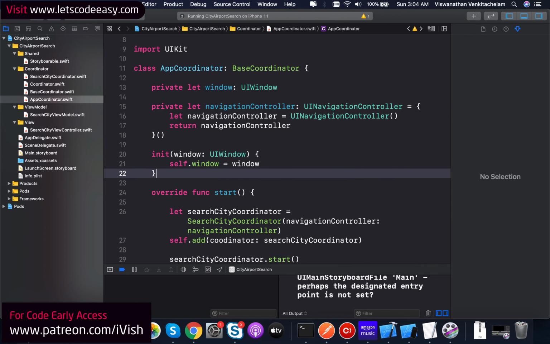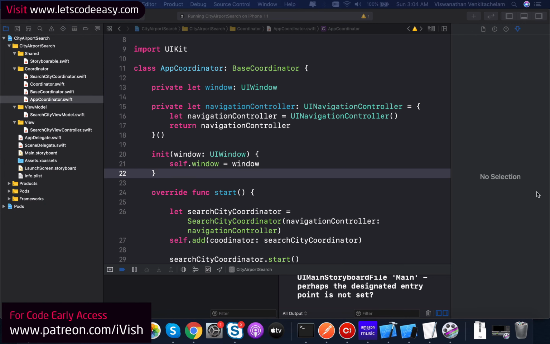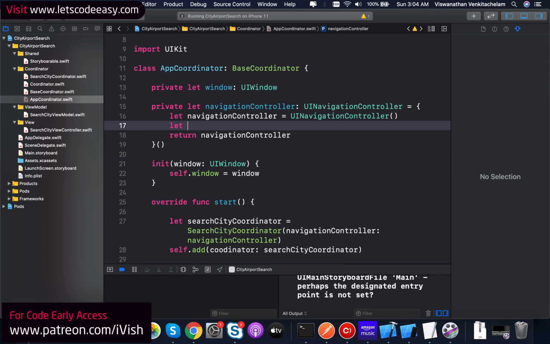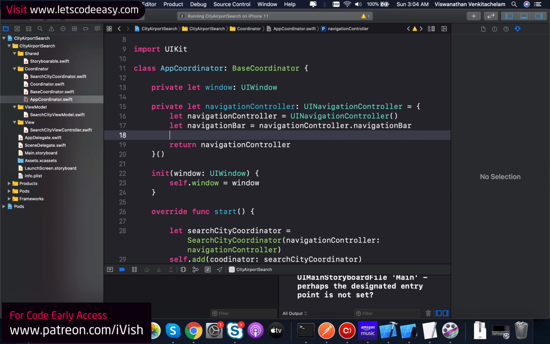I just need to modify it. Okay, so navigation controller, let me access its navigation bar so that I can set its color and all. Navigation controller dot navigation bar,